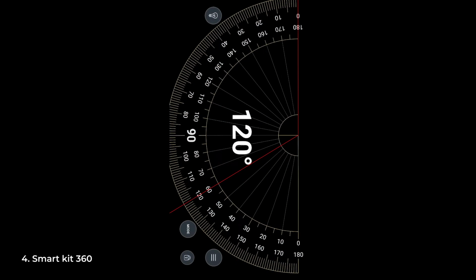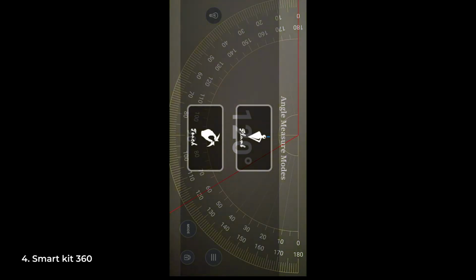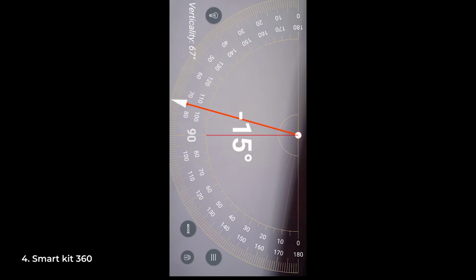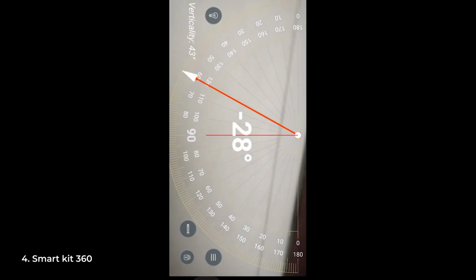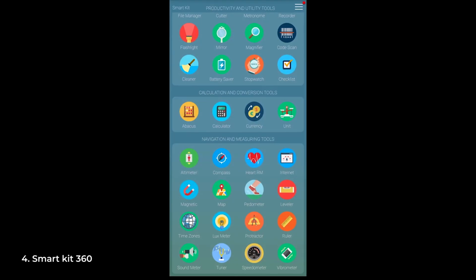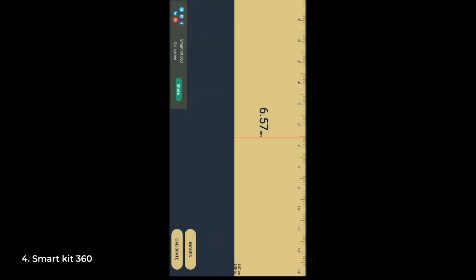You can select protractor, and in the mode you can select plumb mode, which will allow you to basically orient your phone at an angle and it will display that angle. The ruler can be used to measure the length of small things like a pencil or something. You just place the pencil right beside the phone and adjust the line accordingly, and it will display the length